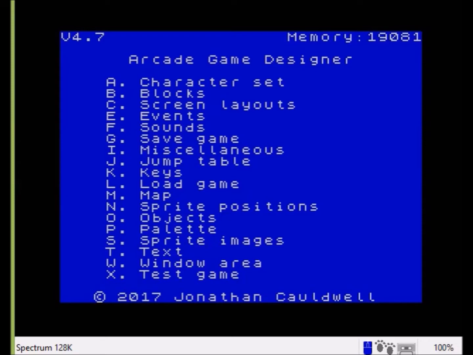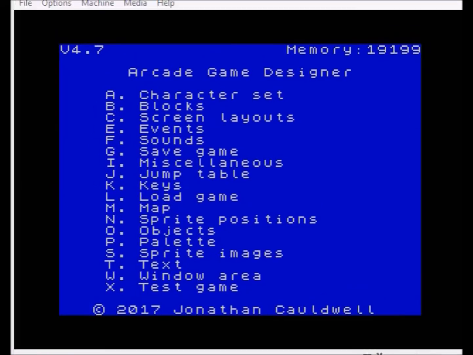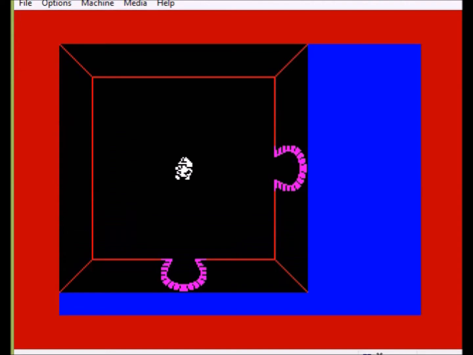Okay, so let's go back to the original version of Atic Atac, as in the one that we've already been working on before this effect has been implemented, and let's take a look at that. So here is our little sprite. Everything is pretty much the same as the previous example, but if we just wait for a sprite to spawn, you'll see that the bat is green, and this sort of fluffy thing is purple, and we have this cyan octopus sort of monster, and every time they spawn they're always the same color,